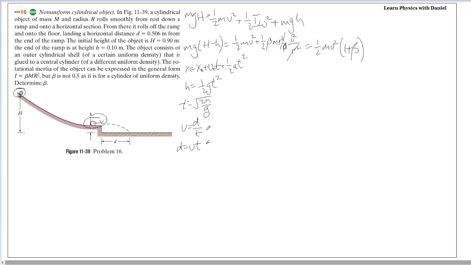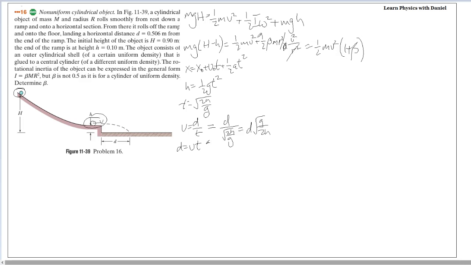we can use v equals d over t and plug in d divided by square root 2h over g, which equals d root g over 2h. So we have our value of v here, and then we can take our equation up here